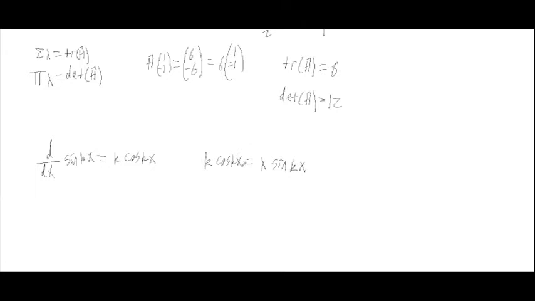And well, the answer is no. This is not the case. This isn't the same. Our function after we've operated on it is not the same as our function multiplied by some scalar. However, if we try the second derivative,